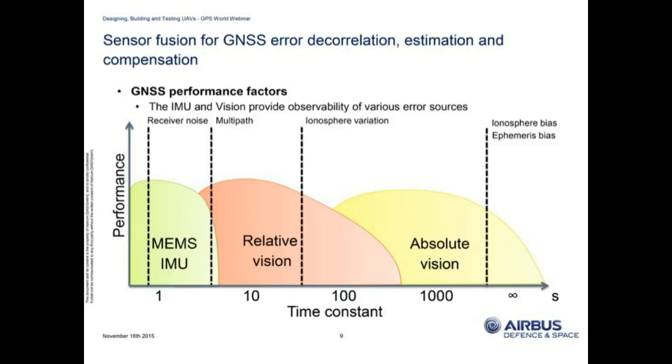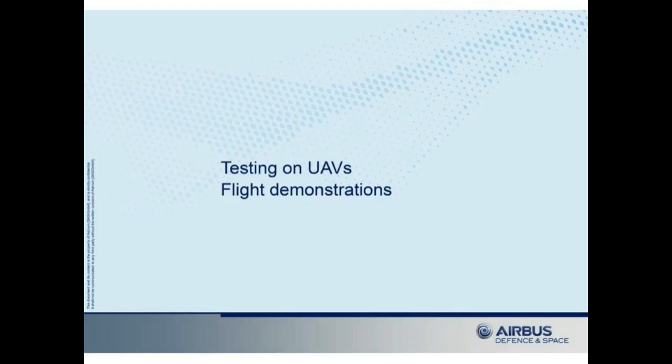You can estimate all those errors, and with absolute vision, you can also estimate all the biases inside the GNSS measurements. So when everything works well, it's very complementary. And when you have an issue with one of the sensors, the other one is a good backup. We made some demonstrations on that. Let me show you